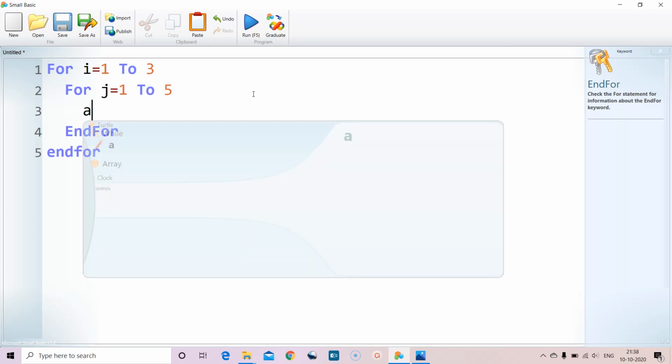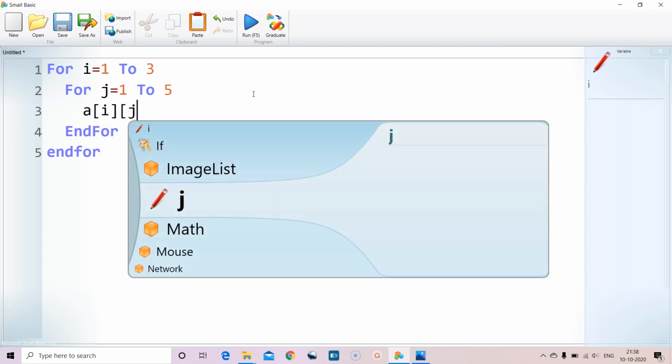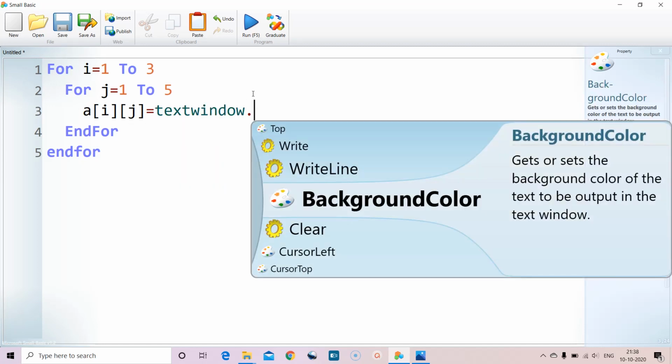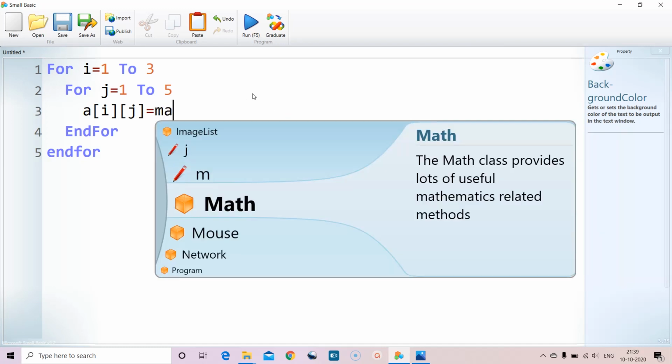So let us read some number and store it there. So A of I, j equal to text window. So instead of reading it, let us take a random number. Random number is math, right?